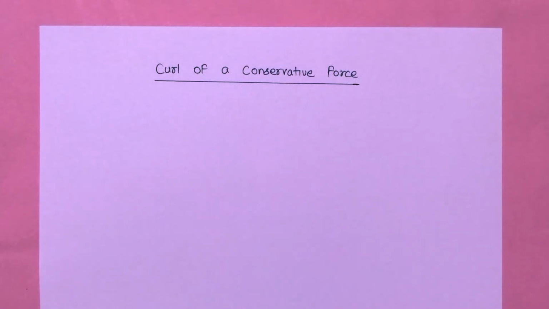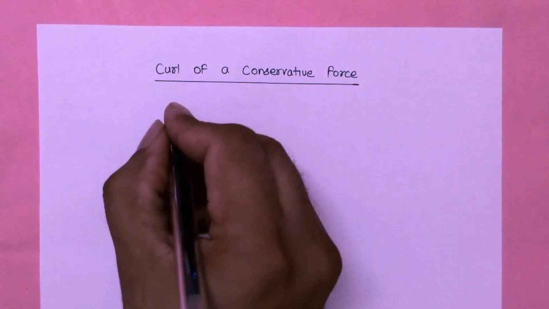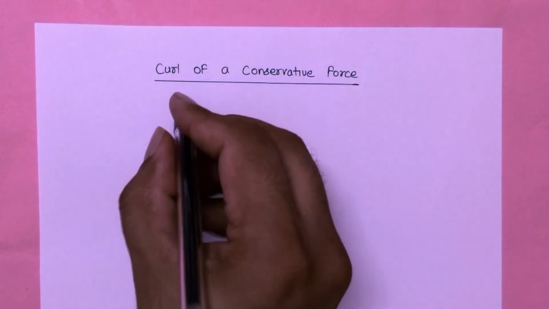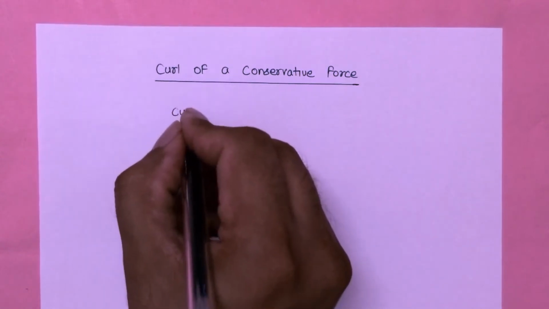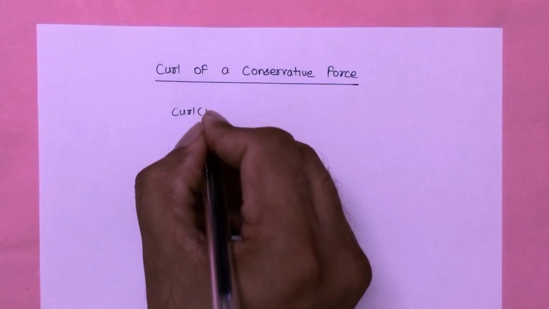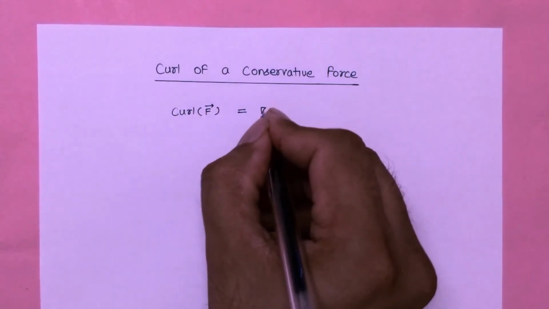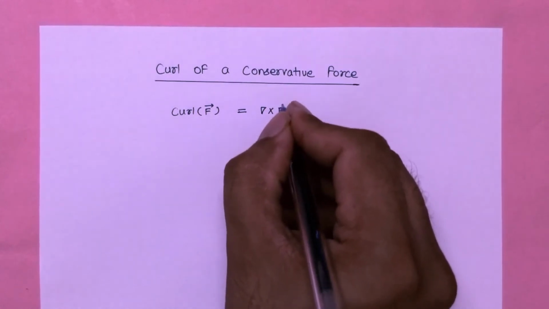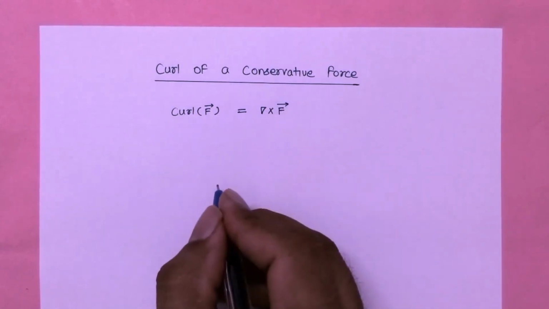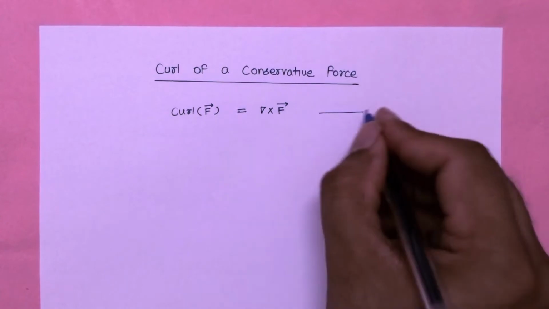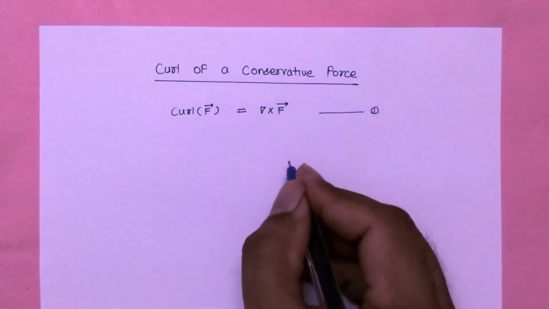Now to calculate the curl of the conservative force mathematically, first of all, we can write curl of F is equal to del cross F. Here del is the operator. Giving it equation number 1,